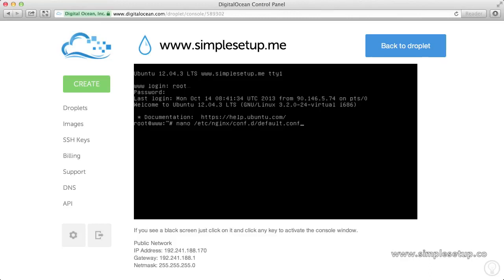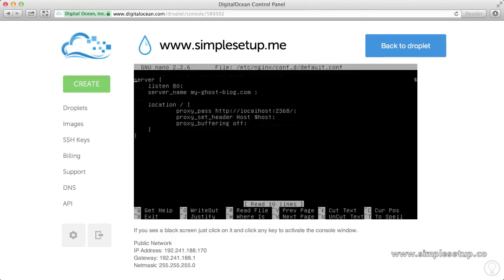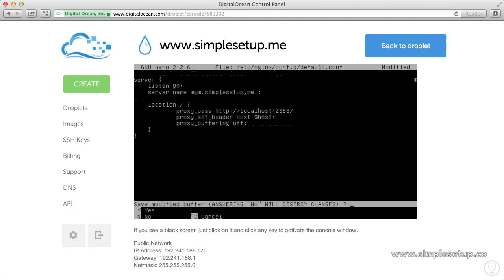Hit enter. And you should see a file now, and we want to change that server name. As you can see, the server name is what we saw earlier at myghostblog.com. We want to change it to your domain name. I'll be using simplesetup.me, and then hit Control X to exit out of Nano, hit yes to save, hit enter,